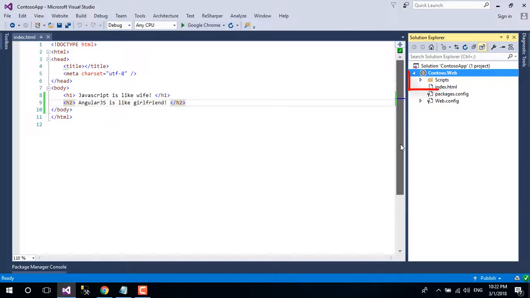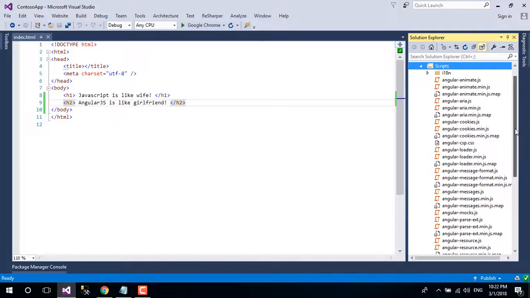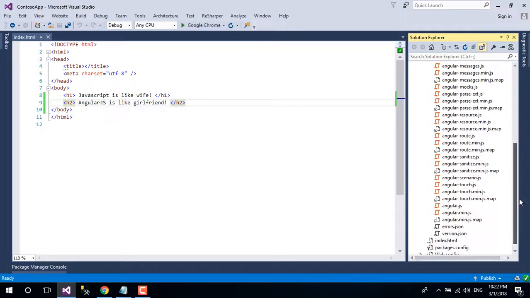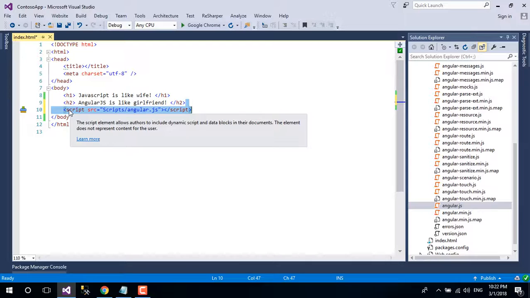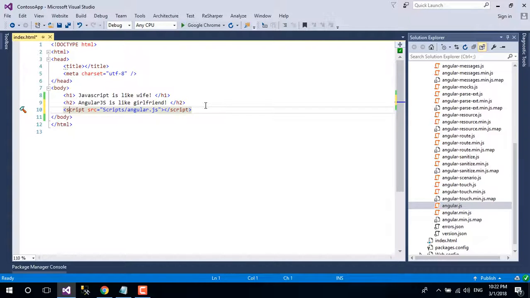Note that all the AngularJS library is installed in the Scripts directory. Let's open the Scripts directory, select AngularJS and drag and drop the AngularJS file just before the body tag is closed. Save all, run the application,